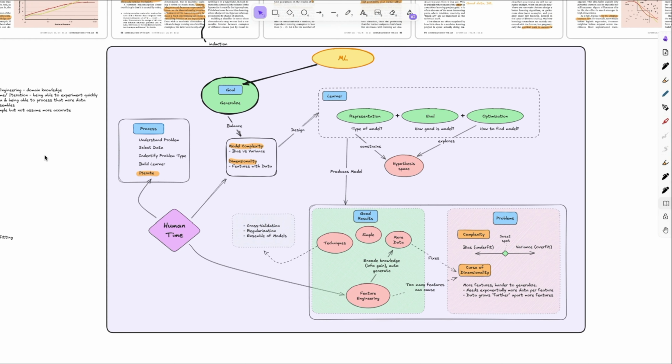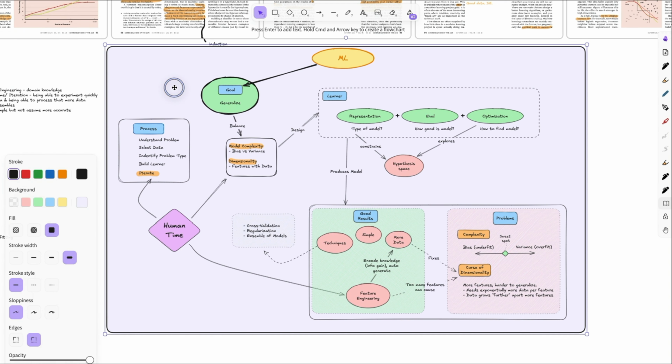And so let me just try to articulate what I was going for with this mind map. This paper is really about machine learning. The goal of machine learning is to generalize well. You're trying to build a model that will predict some sort of output on unseen data. And the way you generalize well is you need to, as the human designing the learner, or as the human designing the experiment, balance this trade-off between the model complexity, where you're underfit or overfit, and I'll get into that a little bit more, with the dimensionality and the size of the data set you have. So like how many input features you have, how big of a data set you have, and what's actually possible given the constraints of human time and compute.